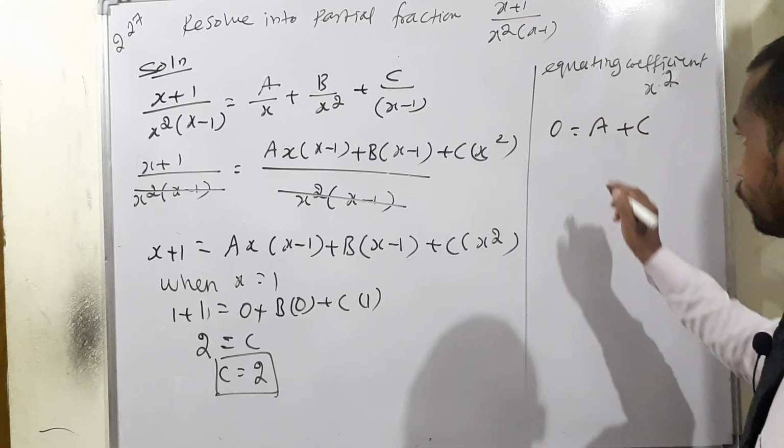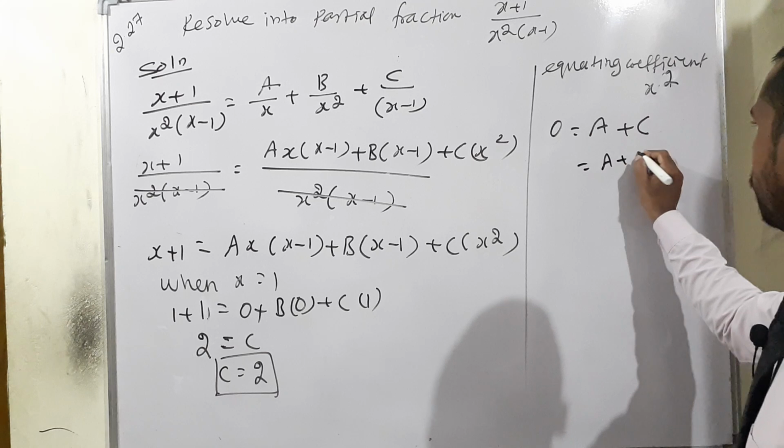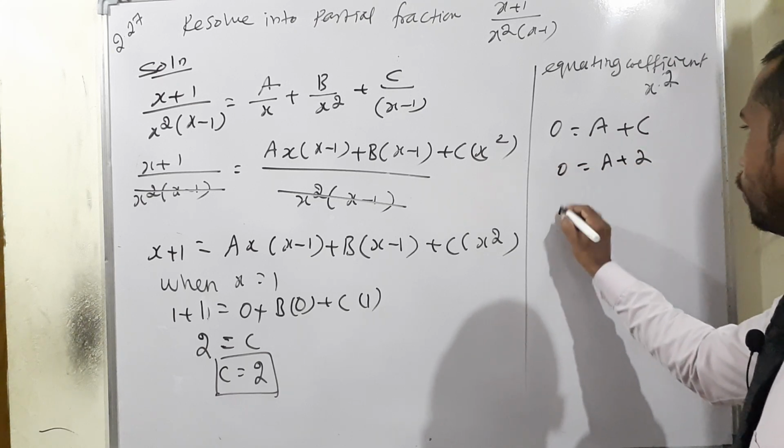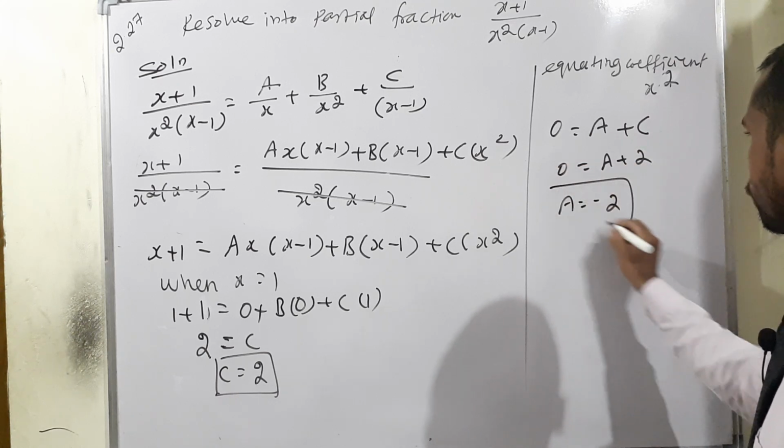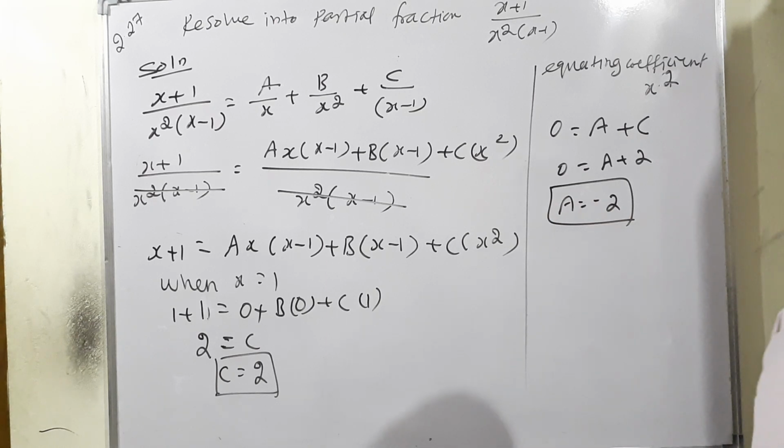Therefore, a plus 2, so we can say a is equal to minus 2, isn't it? a plus 2 is equal to 0 means a is equal to minus 2. Last one,